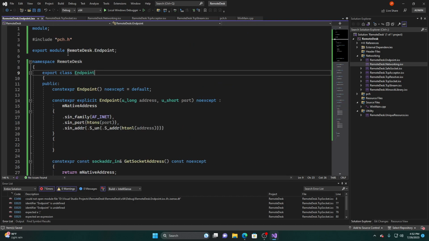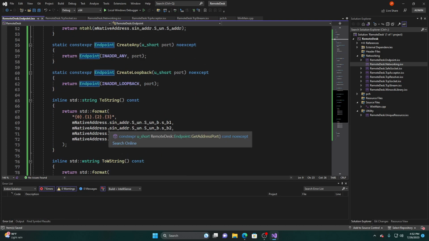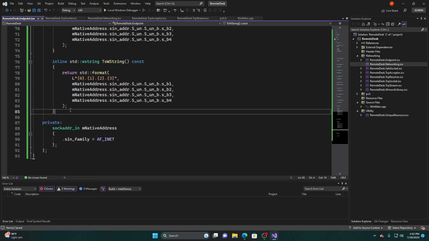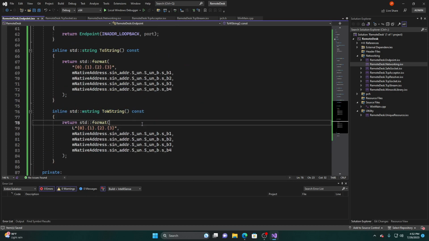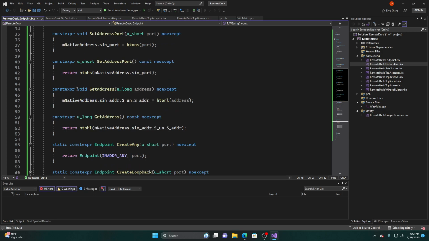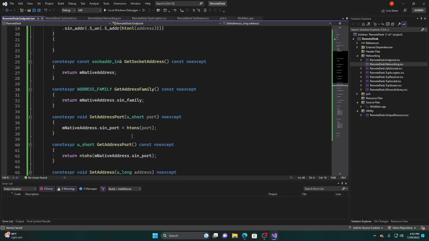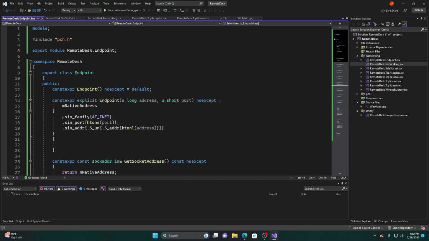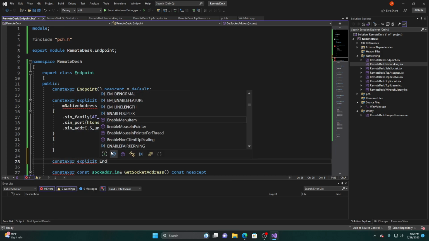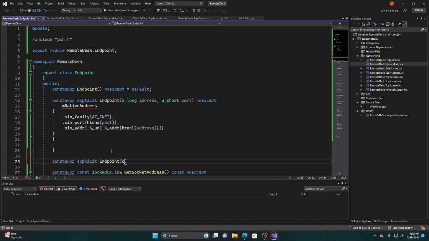Now, I am curious, though, how would we get access to this internal data? I'm guessing what we're going to have to do is just do a straight up copy. The copy shouldn't cost that much, so I'll do that. So explicit endpoint